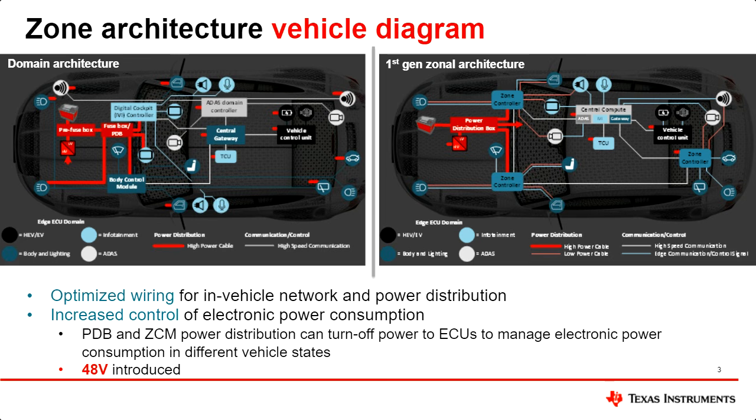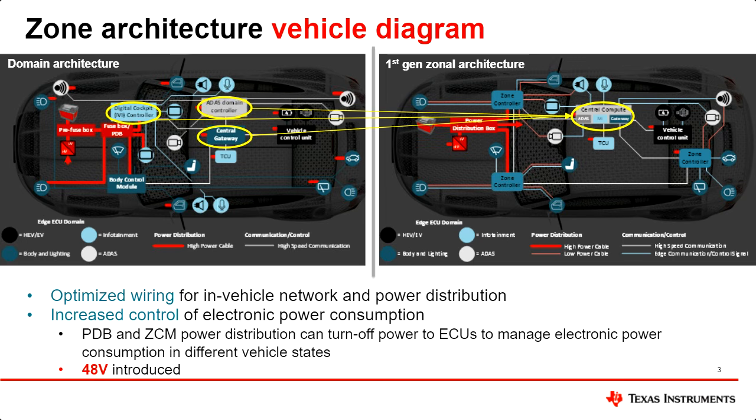So the image that you see on the left side mainly represents a domain architecture wiring harness diagram. This basically shows individual domain controllers where we have multiple loads being driven from individual controllers based on their function. For example, we can have an individual function controller for the lighting application, and all the lighting loads are being driven from this lighting domain controller. One of the shifts or the emerging trends that we are seeing today is that